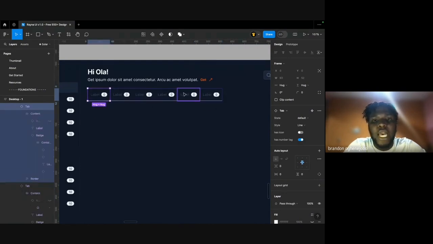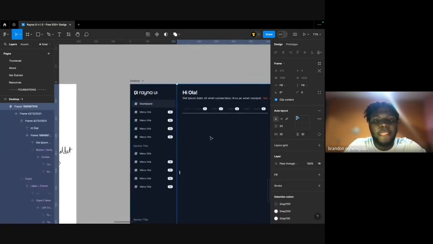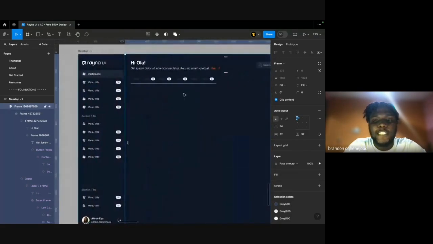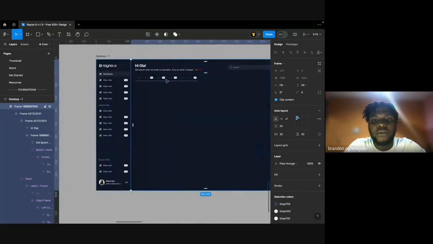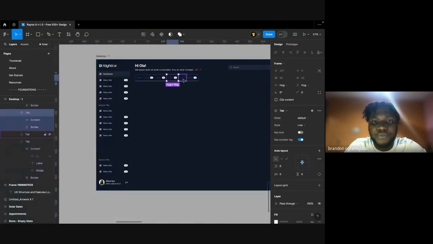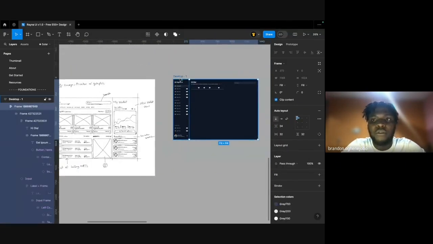So the 1st and our 5th don't have counters. Okay. And then the rest of them do. 1, 2, 3, skip 1. Yeah. All right. So now that we have our navigation set, I'm going to try to move a little bit